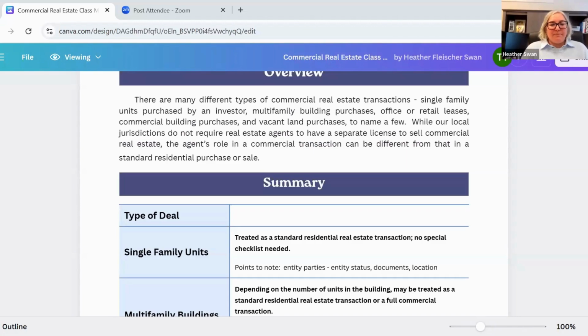So you have your articles of organization that creates your LLC, and then you have your operating agreement that controls your LLC. Next, you have a certificate or evidence of good standing for the LLC. And that's an important one. And that's something you can look up online yourself. What that tells you is